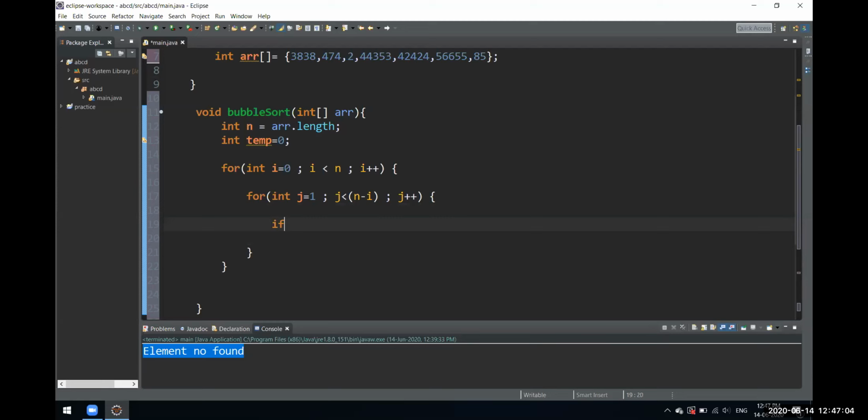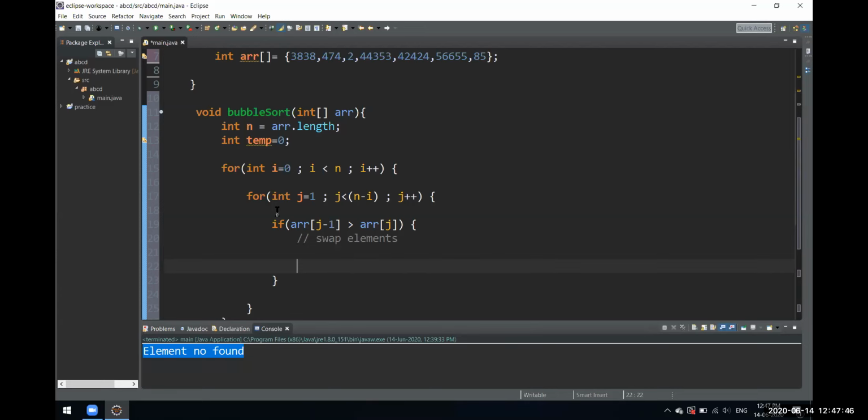And inside this we'll write the code for swapping the elements, for sorting the elements. So like array we have j minus 1. I'll tell you why we are writing these. Just let me write the whole code. Now we'll write the code to swap elements, because for sorting we have to swap. If the match is found we have to swap. If it is greater than or less than, then we have to swap those elements accordingly.